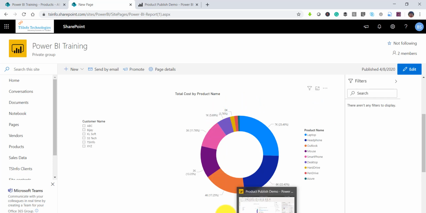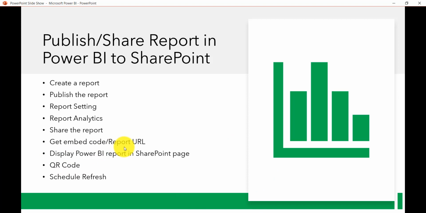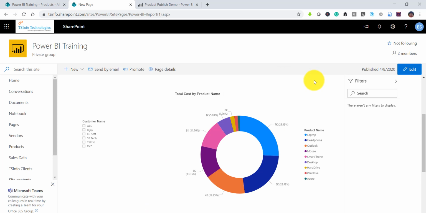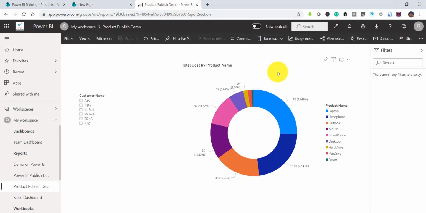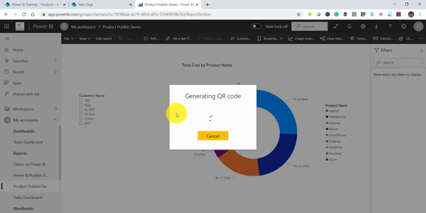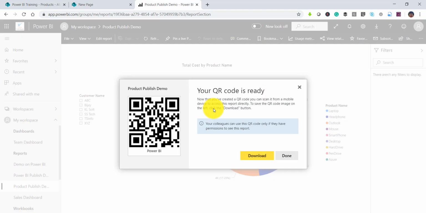So this is how we can share or get the embedded URL and put it in the SharePoint page. Now this is a QR code that we can generate. If I go to our Power BI report in this page, we can generate the QR code. You'll see in the corner, more options is there, and you can see generate QR code. If you click on this, it will generate a QR code which you can download. This is the QR code which your users can scan from mobile devices